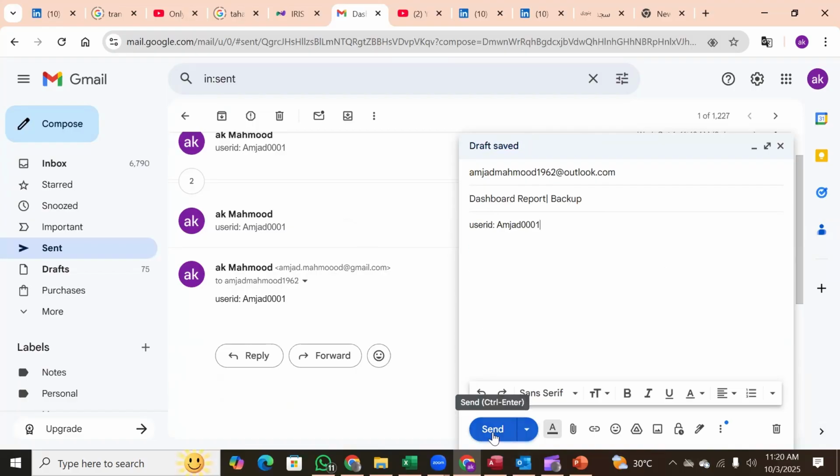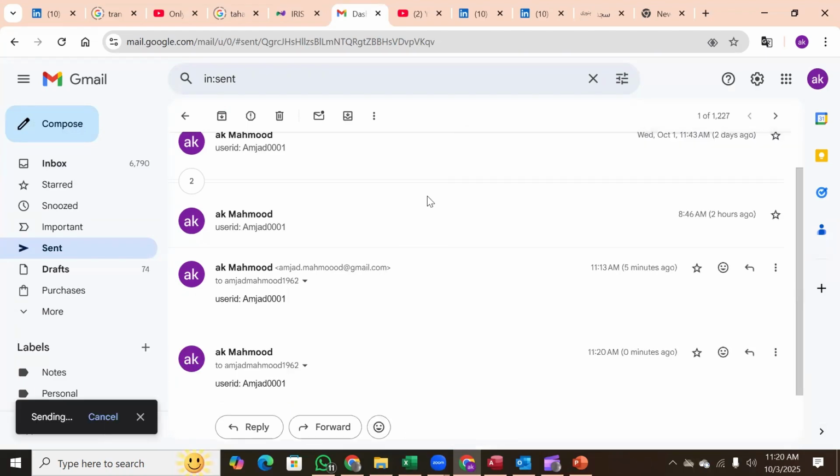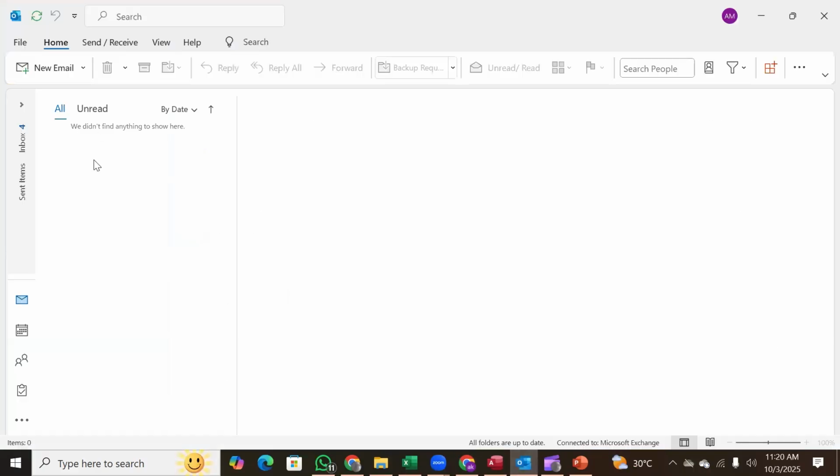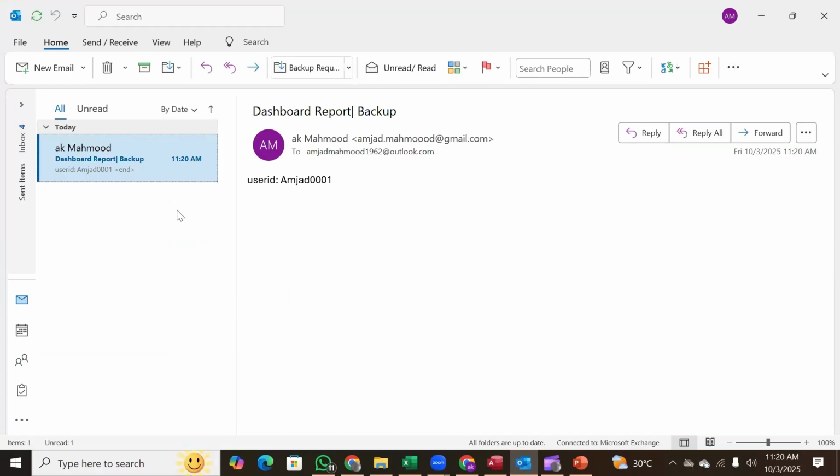So this is sent, and now it must be reaching the right folder. The right folder is this. This is the folder where all the commands reach, and as soon as it reaches,